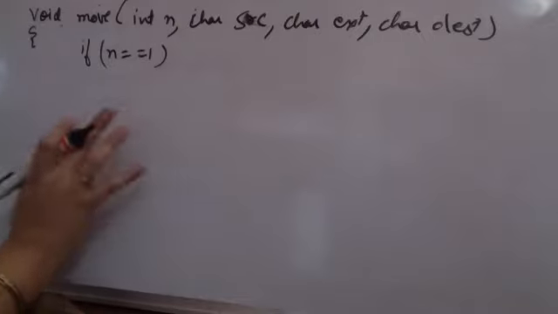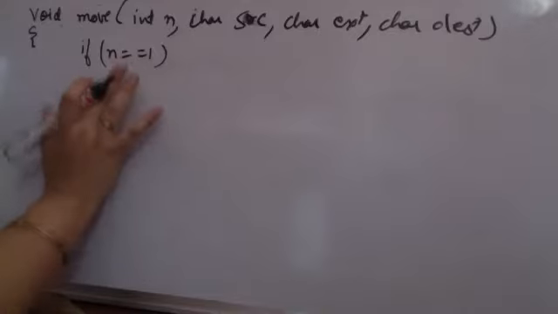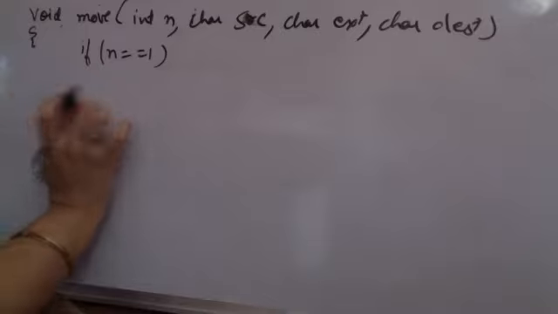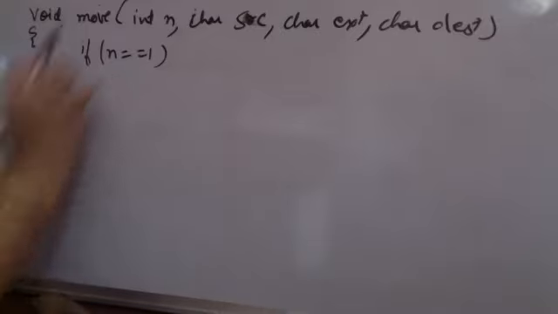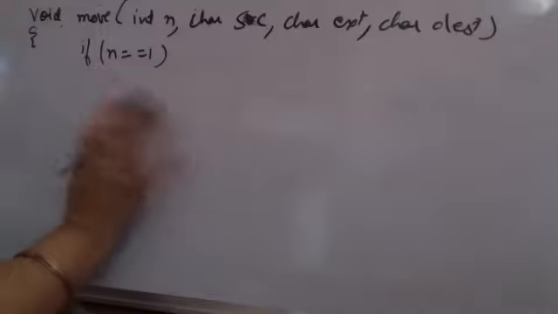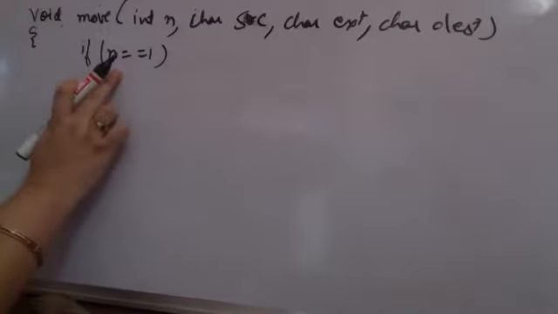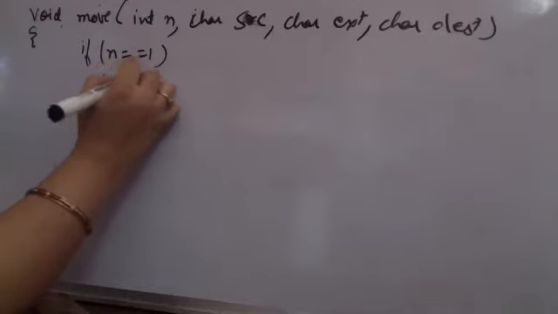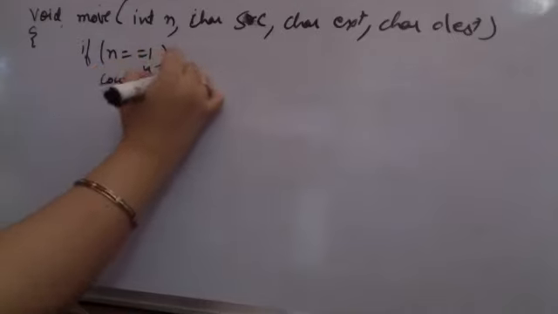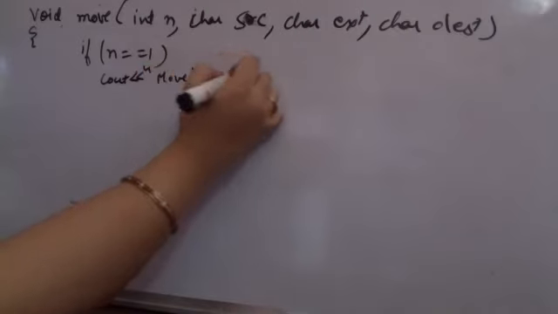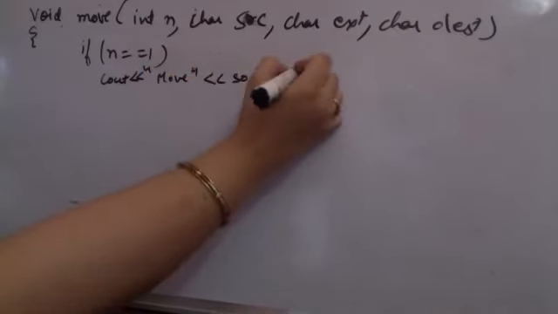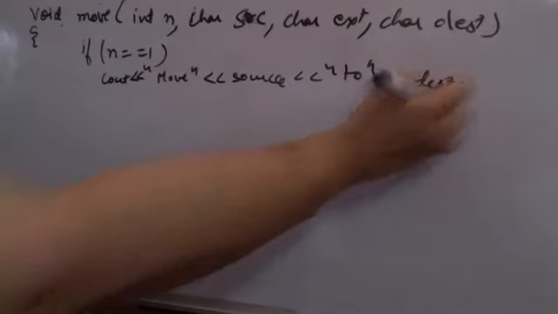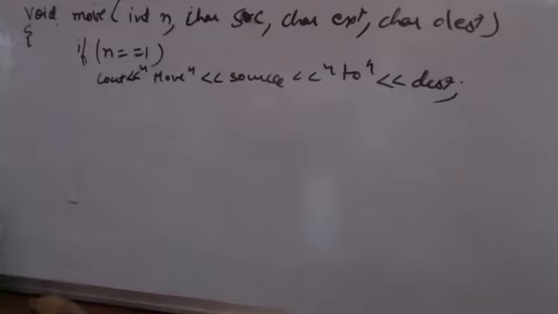Don't worry. After this, if this has happened, one n मतलब 1 ही बचा है, तो इसका क्या मतलब है? सोर्स से लेकर डेस्टिनेशन पर सिर्फ 1 बचा है, तो कॉपी डायरेक्टली फ्रॉम सोर्स टू डेस्टिनेशन, एक्स्ट्रा की जरूरत नहीं है. If this is the case, I can directly copy. So I can say C out, move source to destination. So I can directly print that I am moving from which to which, right?